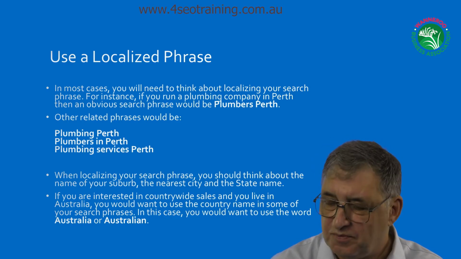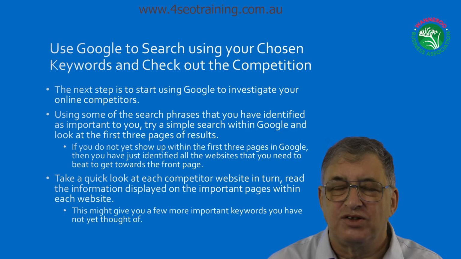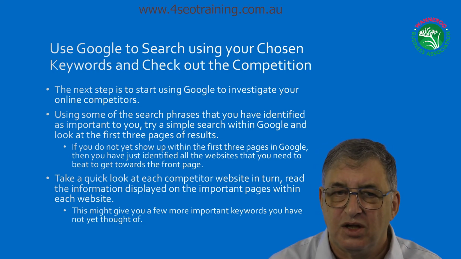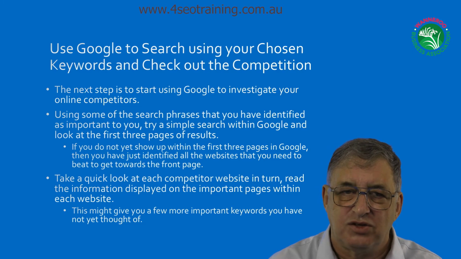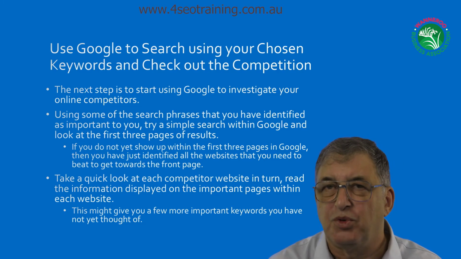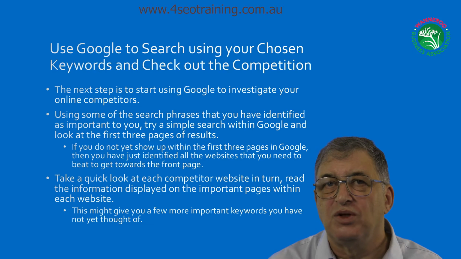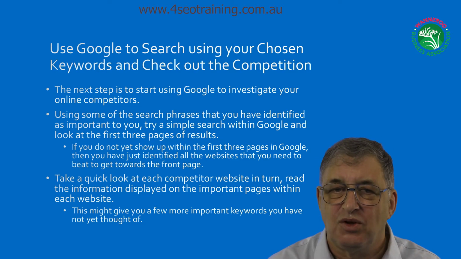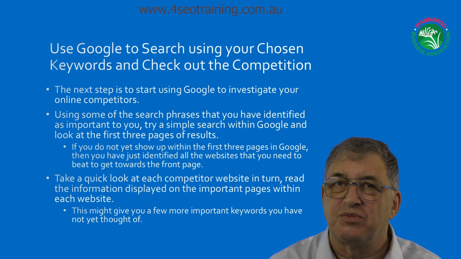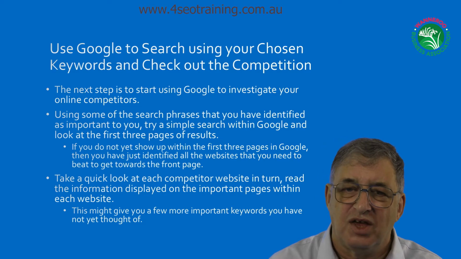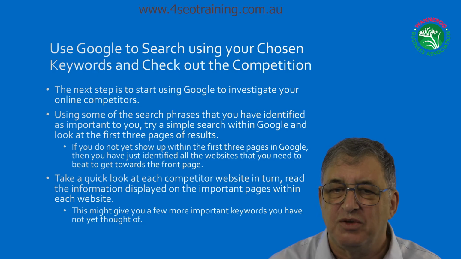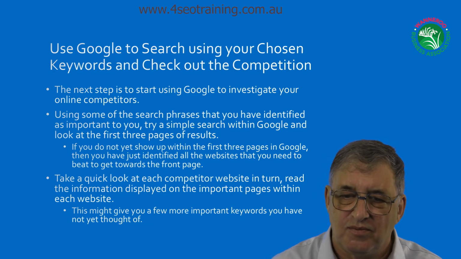Now, before you do your SEO, you can start using Google to do research and check out your competitors. If for a particular phrase you're maybe at the bottom of page 3, what you want to do is investigate every single website that's listed above you. Go and check them out, see what information they've got displayed on the page, see if they concentrate on certain suburbs, whatever it happens to be, but spend a lot of time investigating the competitors.